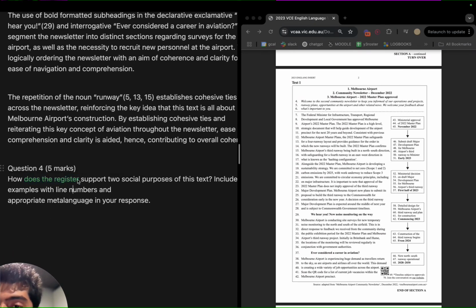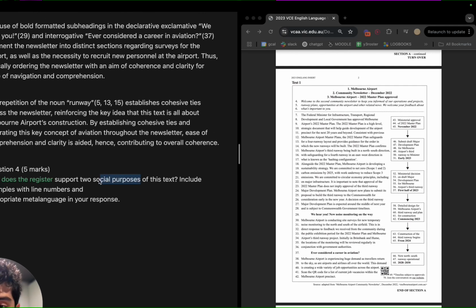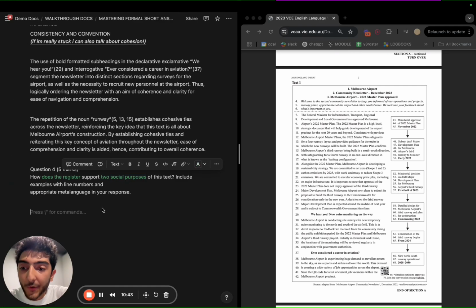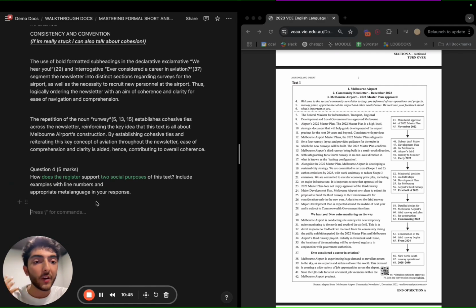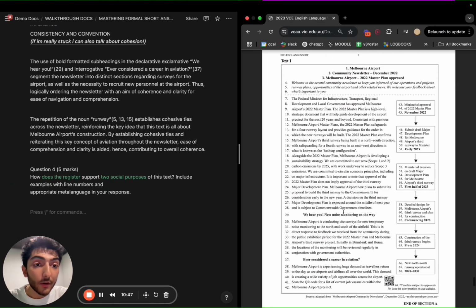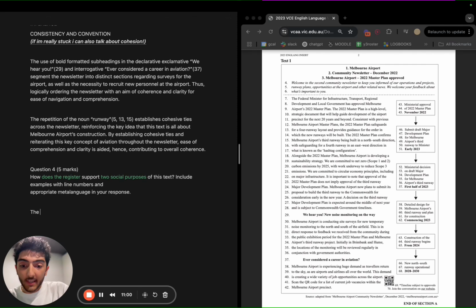So here, the register needs to support 2 social purposes. So first, we need to think about the overall registers of this letter. Now, a lot of VCAA examiners disagree on whether register is about formality, informality, or things like a broadcast register, an occupational register, an advertising register. So to be safe, let's do both, right? So the register of this newsletter is majority formal with brief instances of informality.